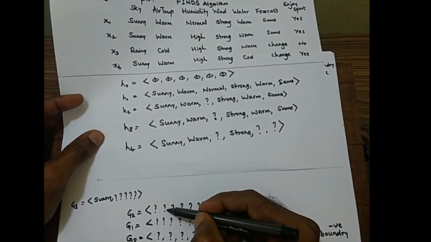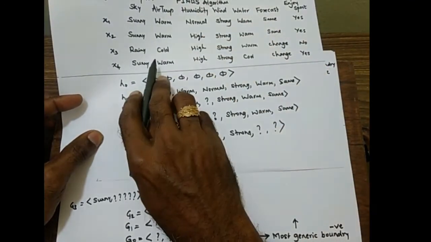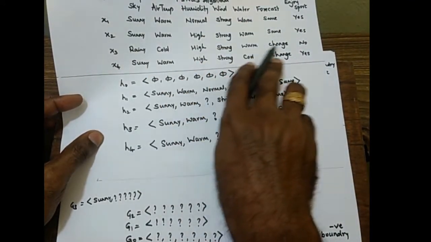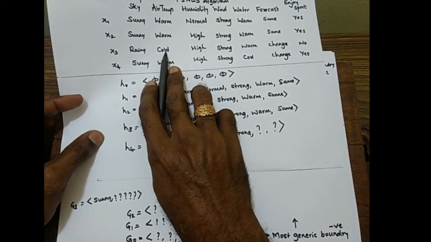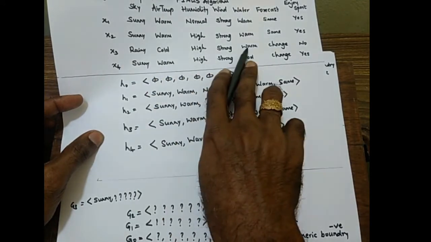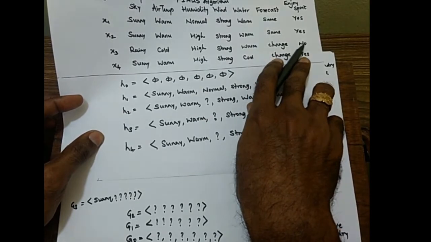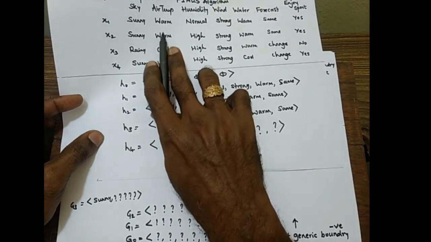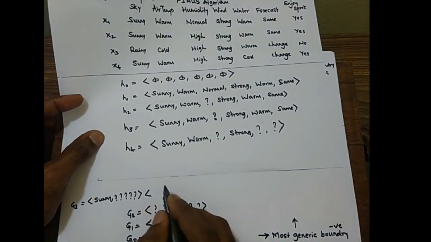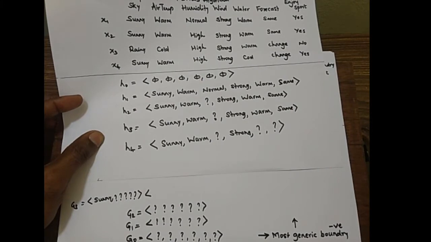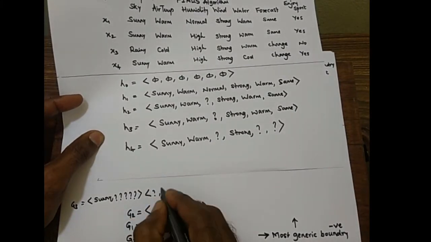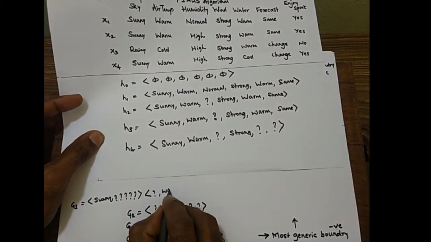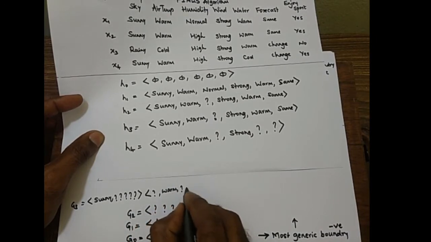We will consider the next attribute value. Cold is compared with the question mark, and if we want to show this training example as negative, we need to replace cold with the opposite value. Then only this training example will be shown as a negative training sample. That is what we want. So is the opposite of the cold value available? Yes, warm is available. Hence, we will keep the first question mark as it is, then replace the second with warm, and all other question marks stay as they are.